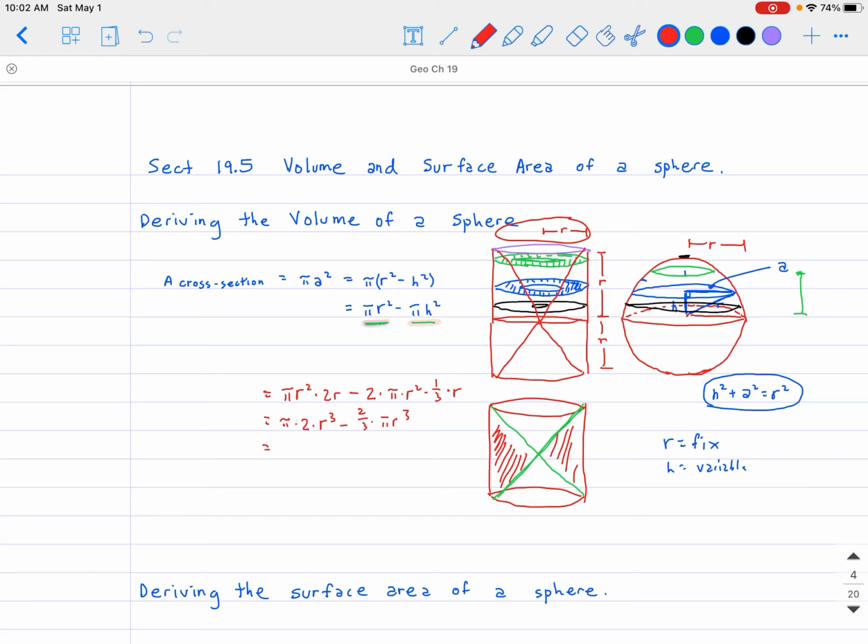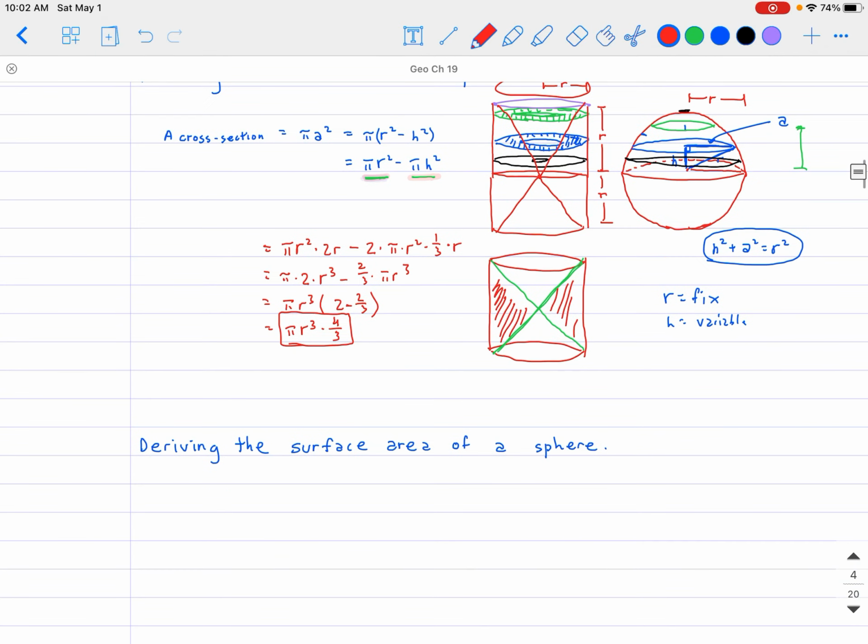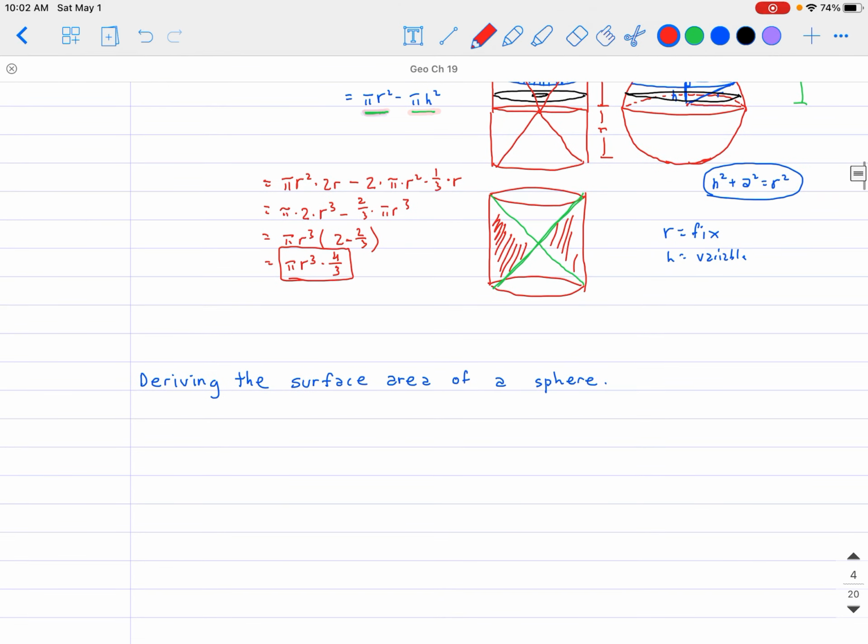So putting it all together, that is going to be pi r cubed multiplied by 2 minus 2/3. And if we clean that up, that's pi r cubed multiplied by 4 divided by 3. So that is going to be the volume of a sphere. Okay. All right. Now that we have the volume of a sphere, which we can easily use,